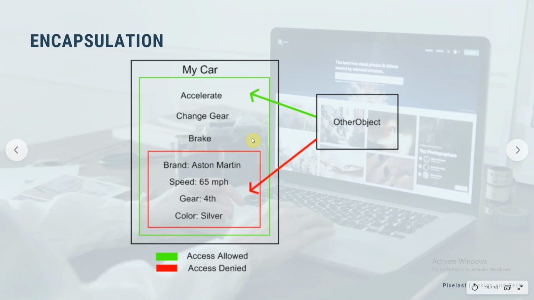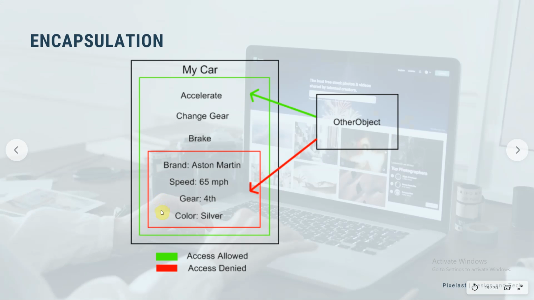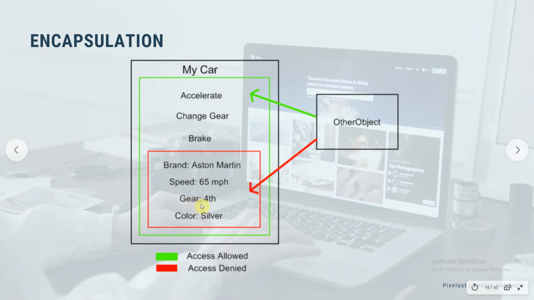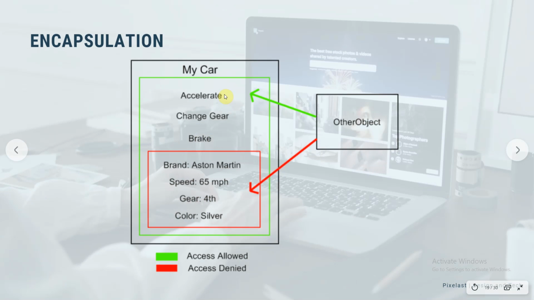Here there are some private variables named brand, speed, gear, and color. And you can see there are some public methods named accelerate, change gear, and brake.